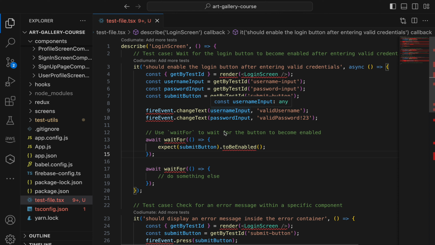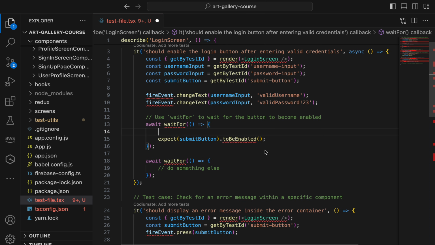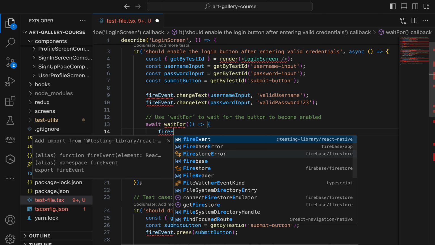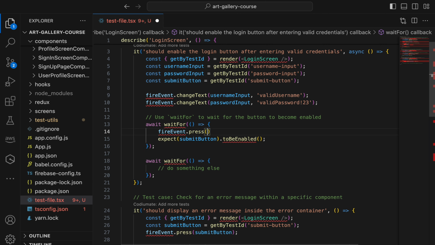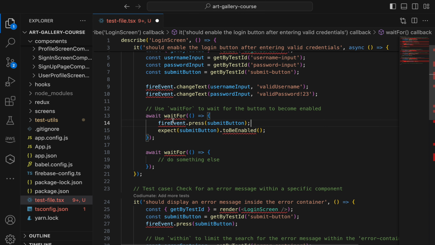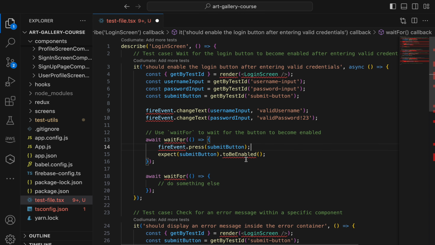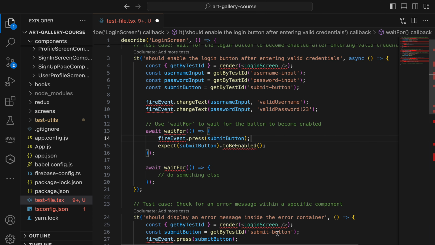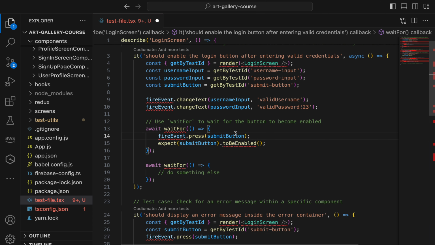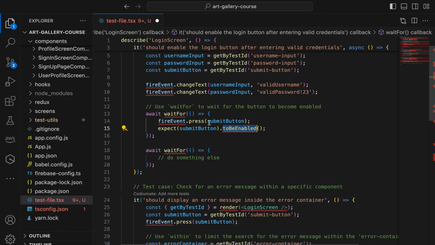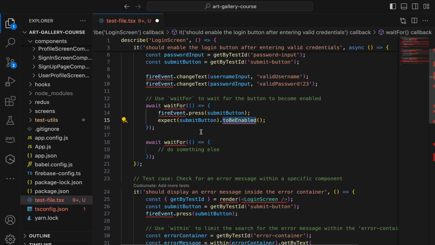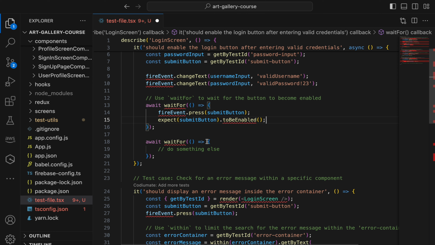And since waitFor is likely to run the expectation callback multiple times, it is highly recommended for it to not perform any side effects. For example, here we can do fireEvent.press on the submit button, and what this will do is press the button every time we enter this execution context. Because of that, it will take some time for the submit logic to proceed, and the button cannot become enabled because it does not have enough time to become enabled,